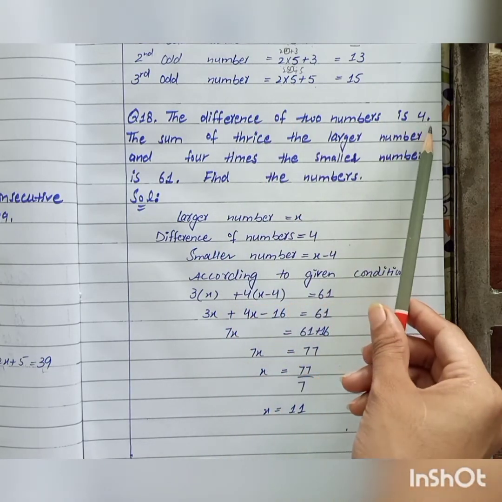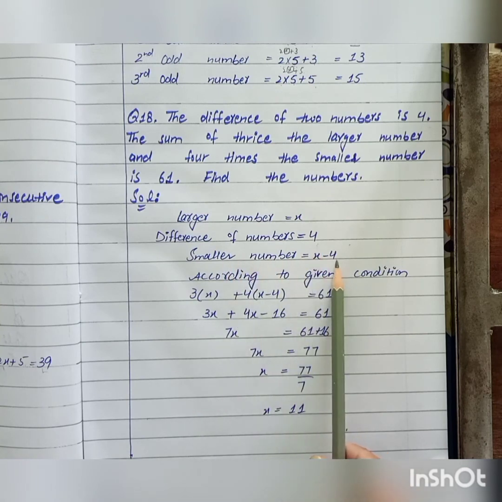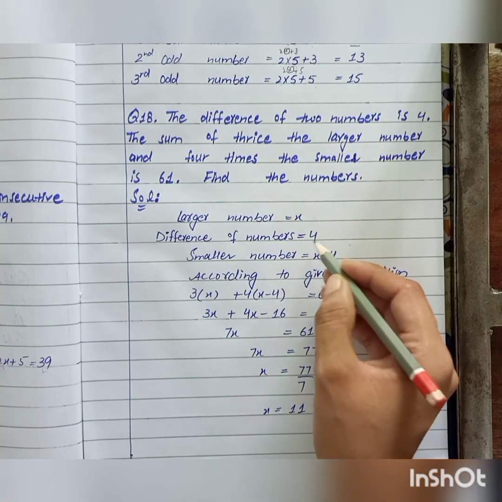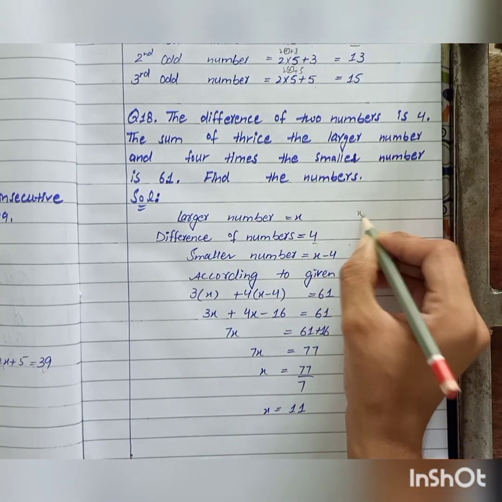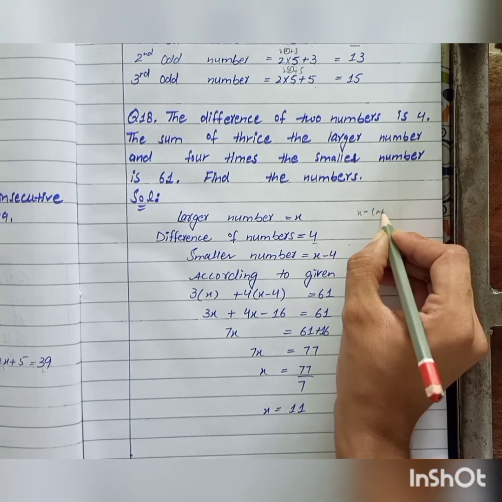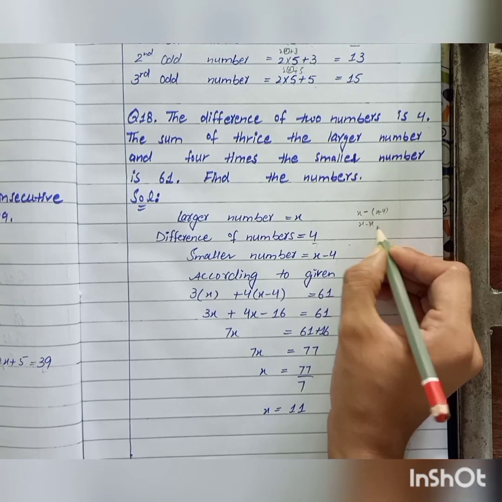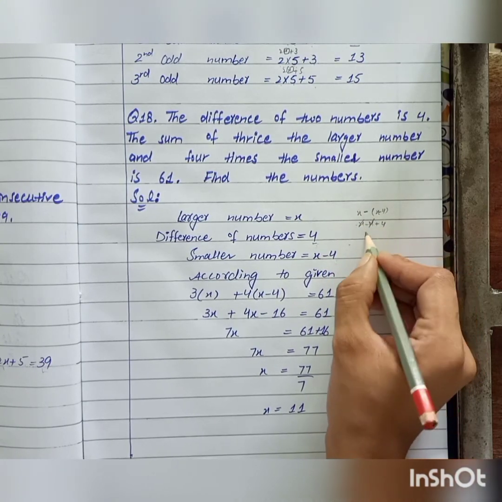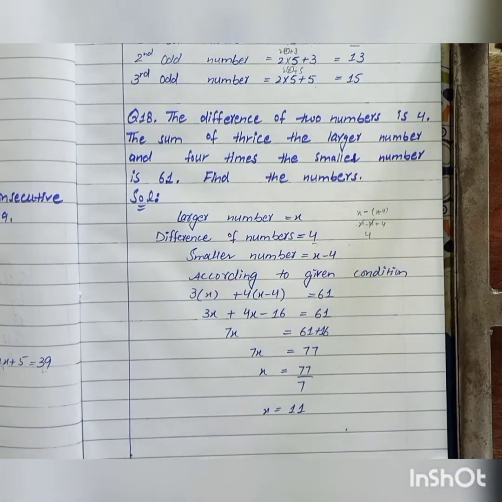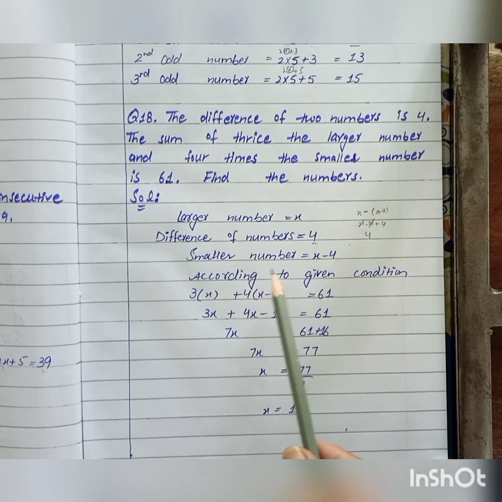The difference of two numbers is 4, so the difference of number is 4. Smaller number is equal to x minus 4. हम इसको इस वजह से चूज़ करें क्योंकि जब हम इन दोनों का डिफरेंस लेंगे तो हमारे पास डिफरेंस 4 के इक्वल आएगा। कैसे, ये देखें, लार्जर नंबर डिफरेंस स्मॉलर नंबर मीन्स the difference of two numbers: x minus x plus 4, where x is cancelled out by x plus minus and we have 4. So by this condition the larger number is x, difference of number is 4, and the smaller number is x minus 4.